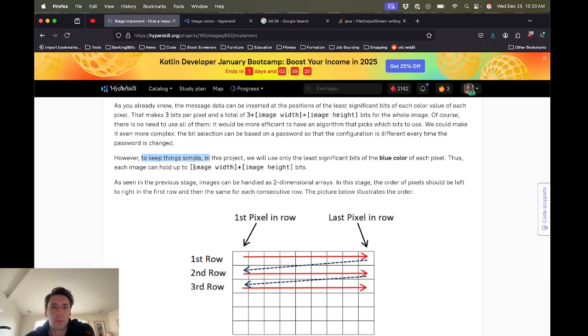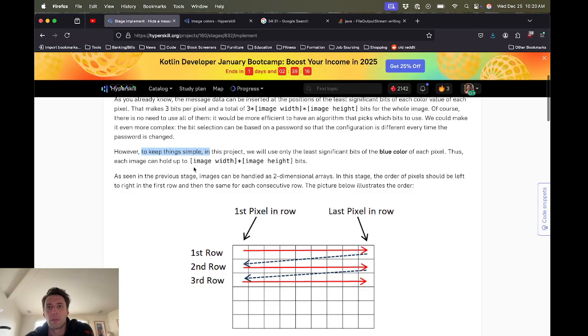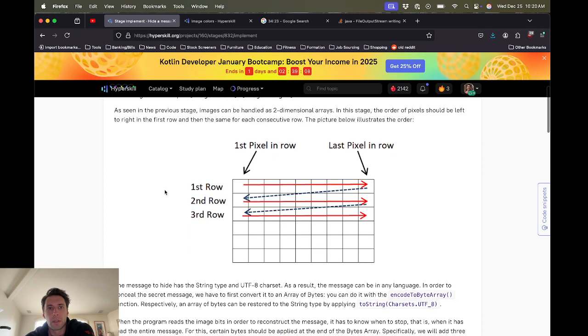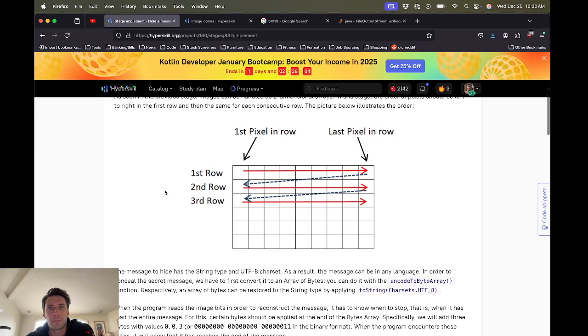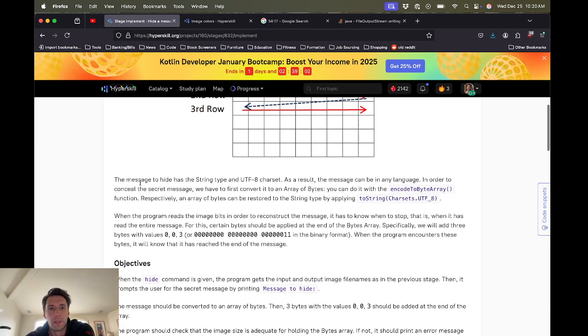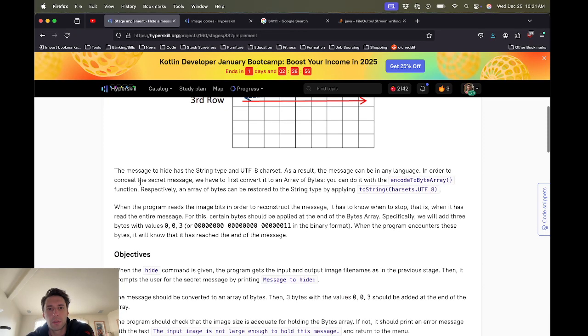However, to keep things simple in this project, we will only use least significant bits of the blue color of each pixel. Thus, each image can hold up to image width times image height bits. As seen in the previous stage, images can be handled as two-dimensional arrays. The image to hide the